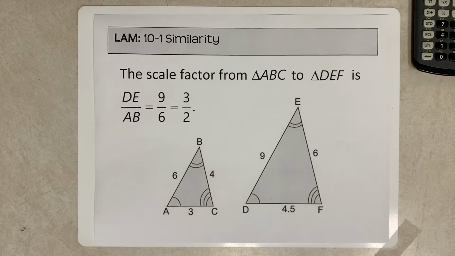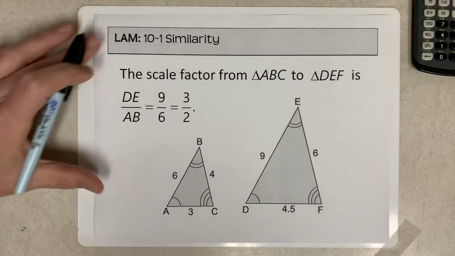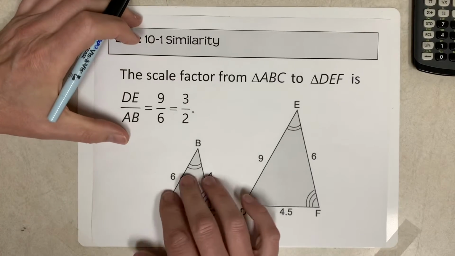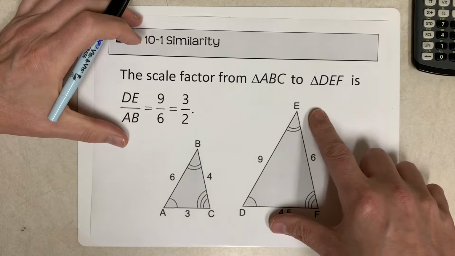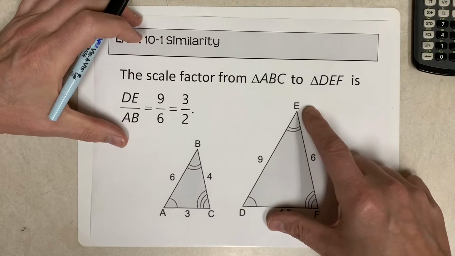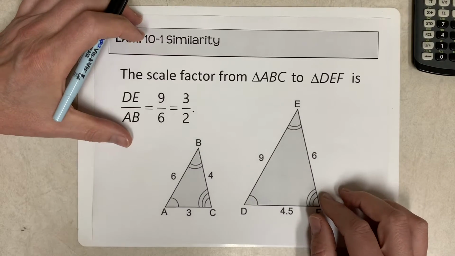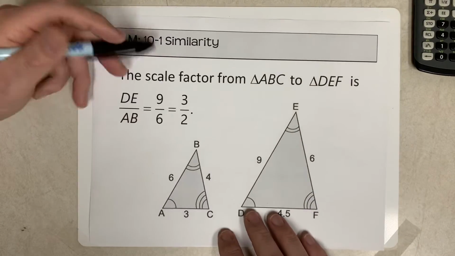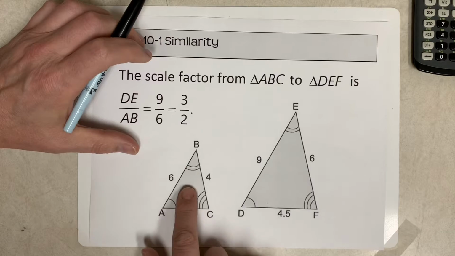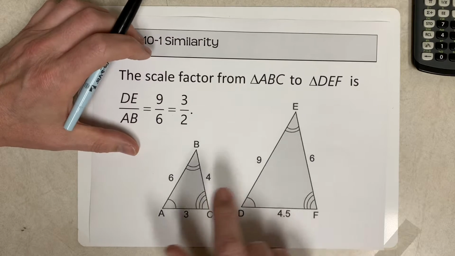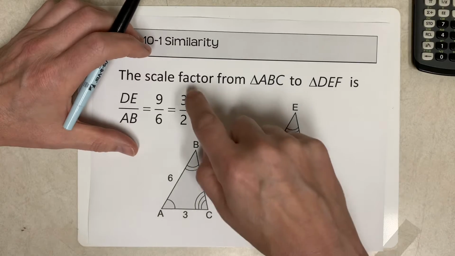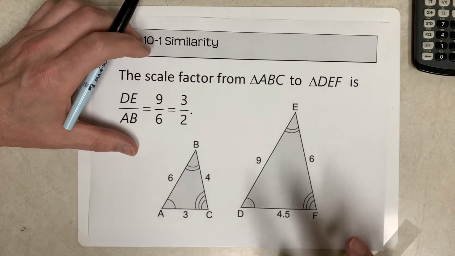So how are they similar? Well, we now talk about something called the scale factor. And a scale factor basically is a number that will take a triangle and either blow it up to the bigger one and make it the same size and everything. We might even call that a dilation, but it'll make it bigger or it can make it smaller. And so the scale factor depends on if you're going from the small triangle to the big one or the big one to the small one. And so there are actually two scale factors. It's going to be a number, and then you're going to find out that the other one will just be